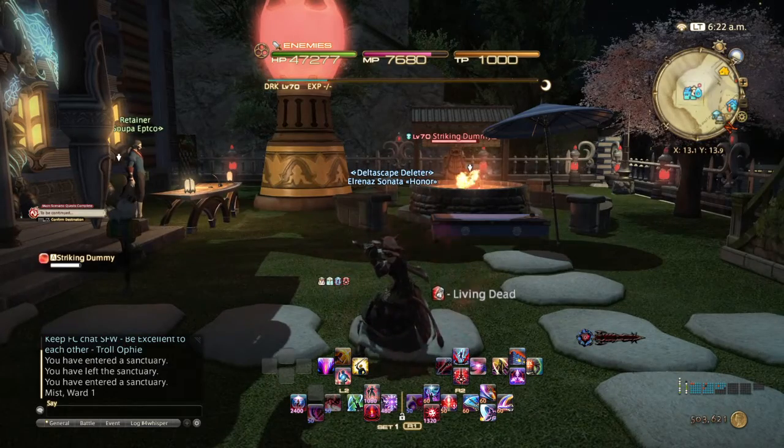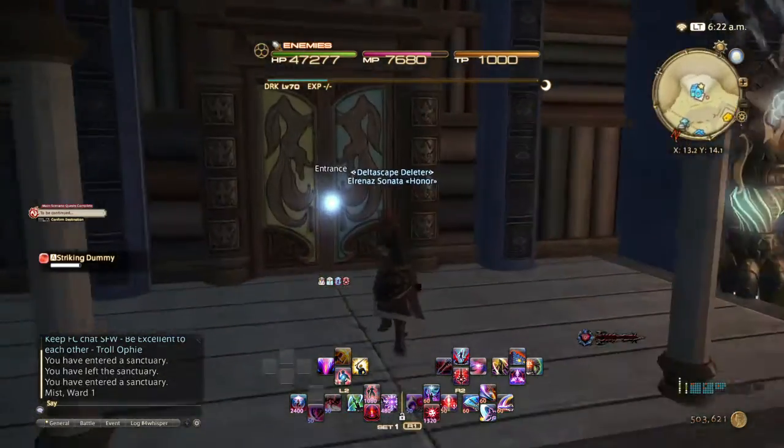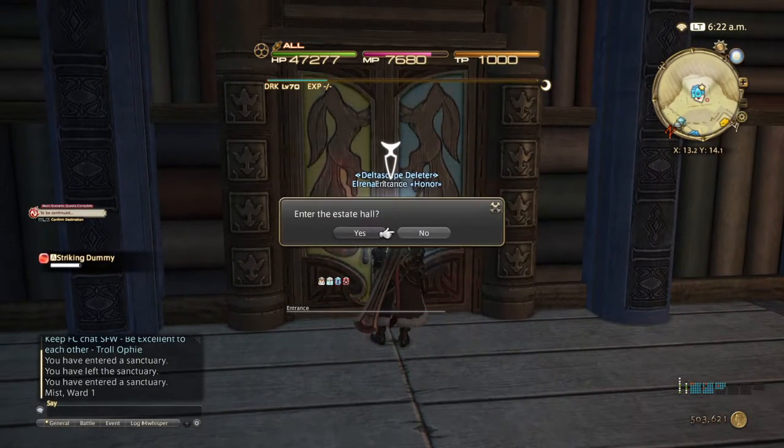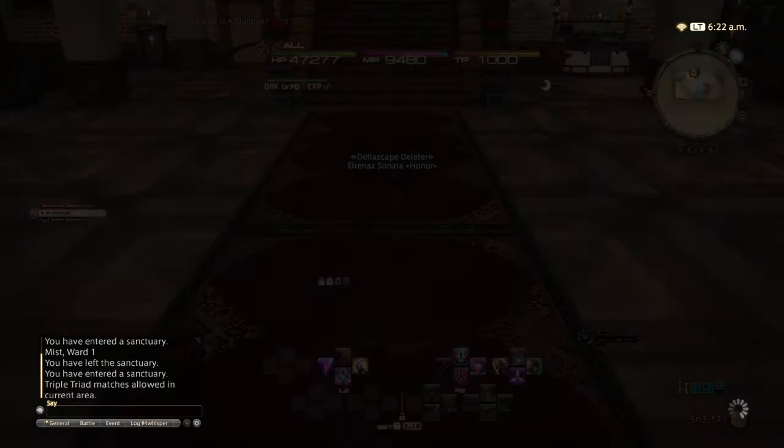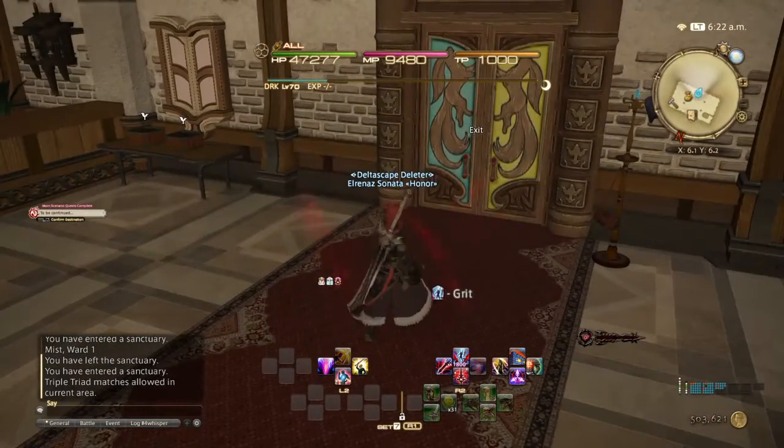So, since I have just explained all of this without giving a demonstration, I'm going to go ahead and leave my Grit, because obviously I can't show you anything in Grit due to the dummy not actually attacking, so...